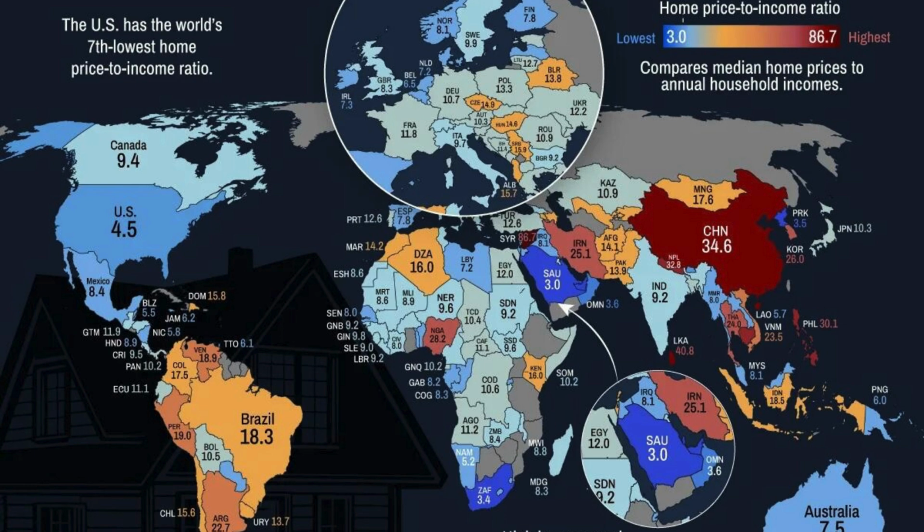Oh, five minutes in. So it says the world's most affordable housing markets: Saudi Arabia and the UAE have the lowest home price to income ratios in the data set. The US ranks seventh lowest. I'm surprised the US is ranked that low. I'm shocked. Canada 9.4, Australia 7.5, and the UK 8.3. So they make it seem like the US housing market is way better than Canada, Australia, and the UK. The ratio shows how many years of median household income would be needed to match the price.